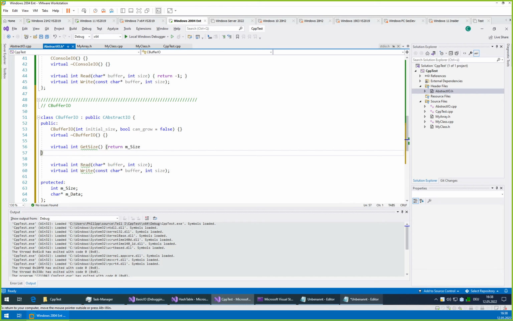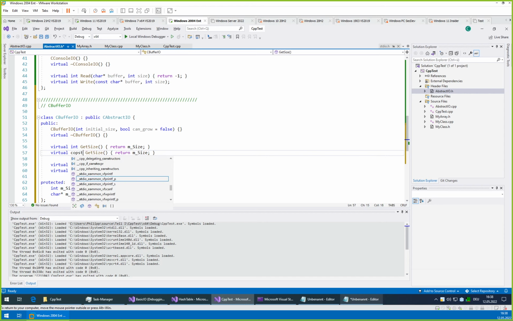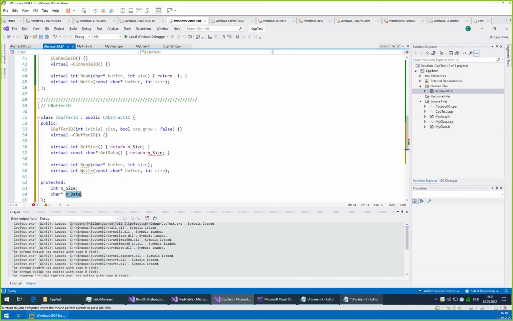Okay, of course, first we return size. We should make getSize const. Oops. The pointer getData returns data. So we return it as constant, such that the user at least is not too much enticed to change it.